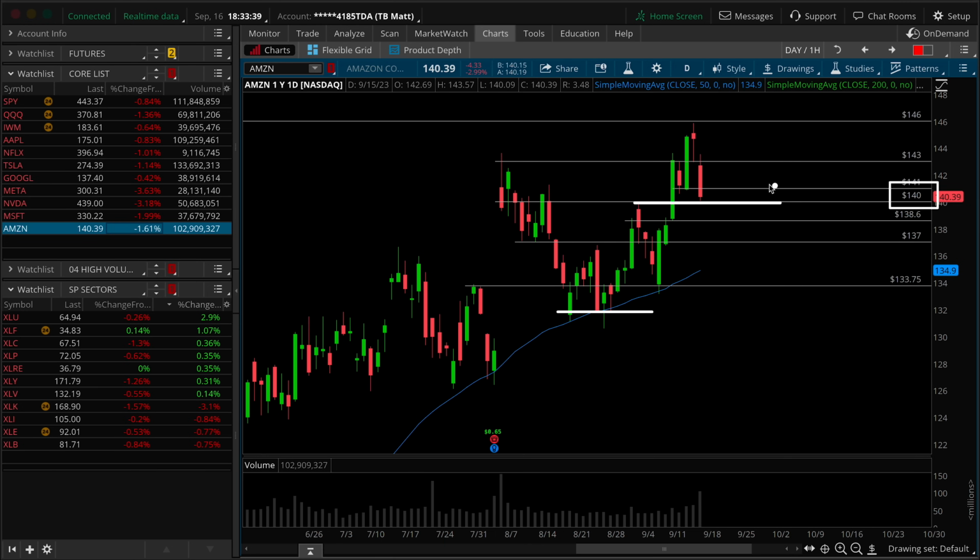low if we can hold on to 140. Maybe this turns into like a weekly bullish consolidation that does something like this over time. We'll change our tone back over 146. If we break down underneath 140, and again, possibly looking to the broad market for support or confluence, if we